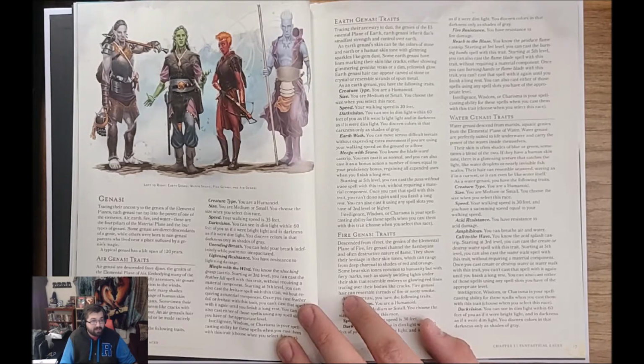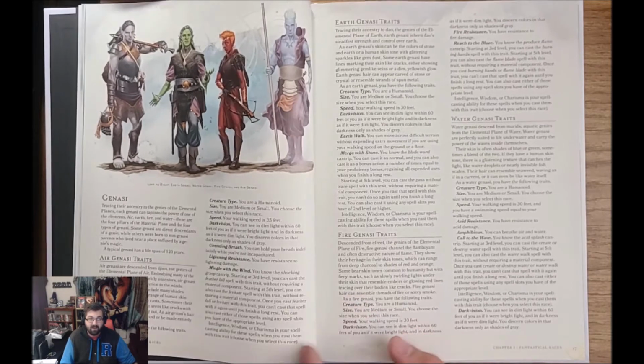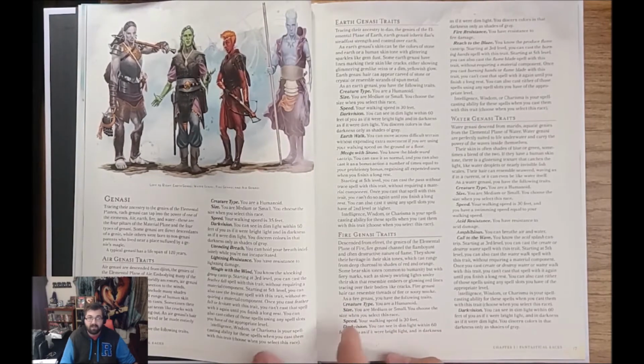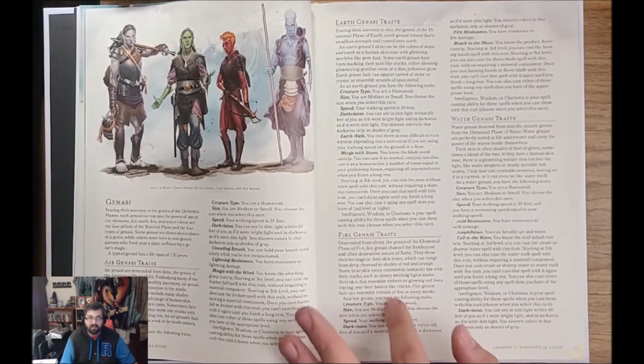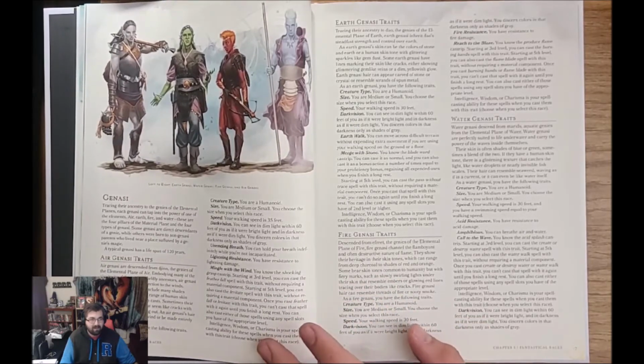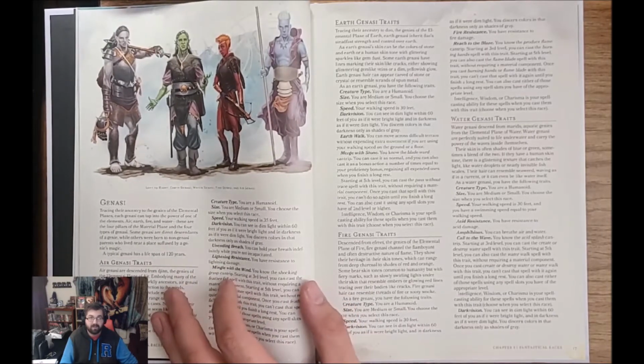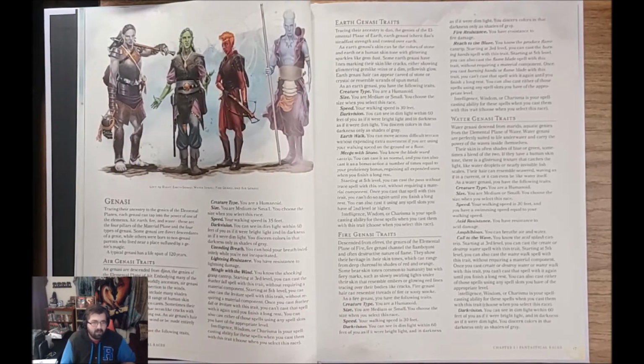So, Air Genasi. I believe all Genasi now have Darkvision, that's the big thing for all Genasi. It's not just Fire Genasi, I believe, which I'm pretty certain we were the only ones who had it. I believe these have changed their little abilities, so they've got Mingle with the Wind, you know, the Shocking Grasp